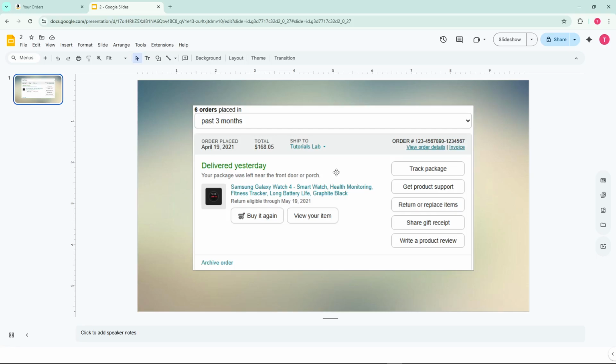When you locate the order you need information about, look over to the right panel next to that order entry. This is where Amazon displays your order number. The order number is typically a combination of numbers and dashes, and it serves as the unique identifier for that specific purchase. You can use this number when communicating with customer service, tracking your shipment through third-party carriers, or initiating